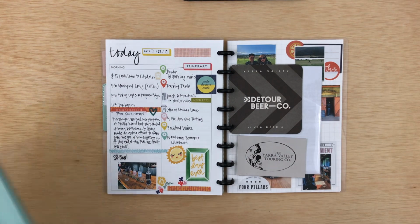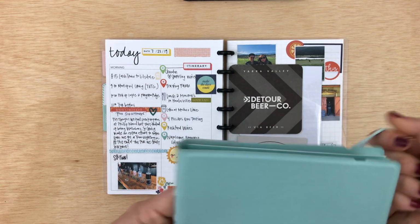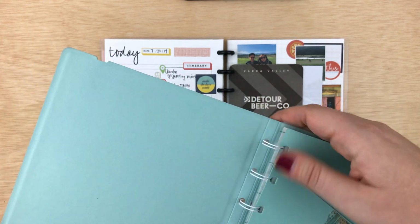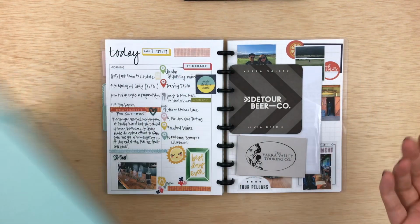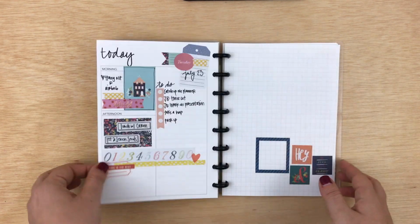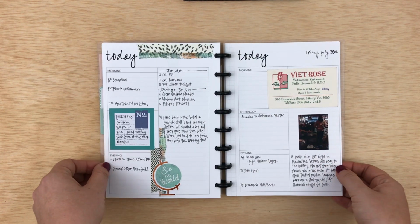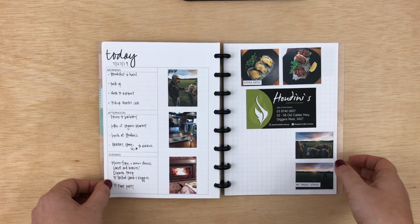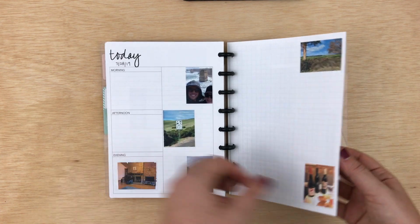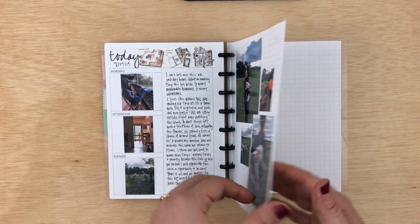Yeah, so the nice thing about the notebook system is that because of the way it's set up, these punches line up with any sort of standard disc-bound planner punch. So that's really handy. Yeah, some days just had more stuff than others. There's blanks because I still have some things I want to add, and some more I want to add on this page. But generally speaking, I'd say I'm like 90% done with this